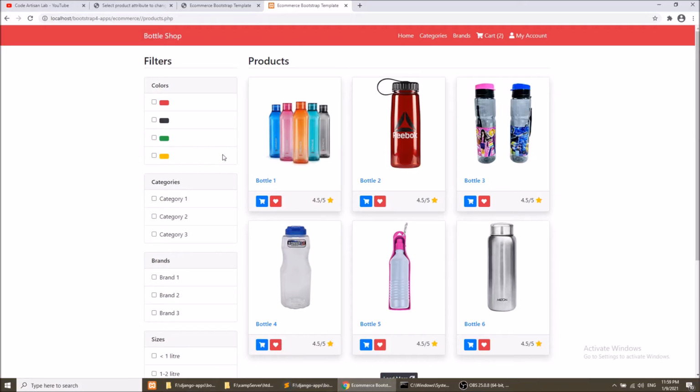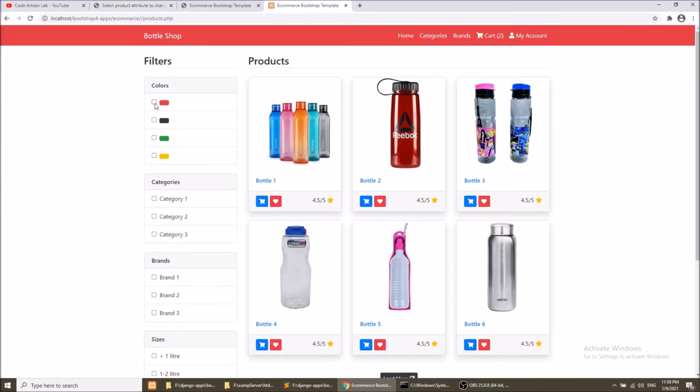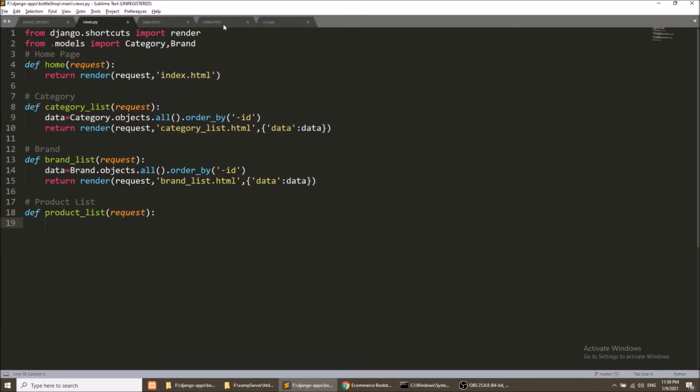First of all we need all products, so we will fetch all products from the product model. And we need colors, so we will fetch the colors. We can fetch the colors from the color master, but this will fetch all colors, whether they exist in a product or not. The same statement applies to the sizes. But here I want to fetch only those colors which exist in some product, which are attached to some product.